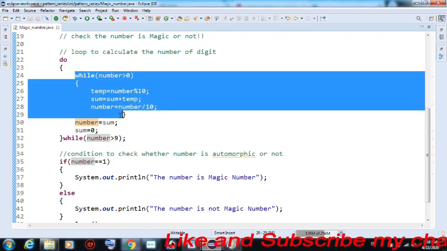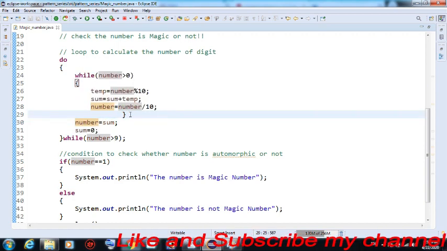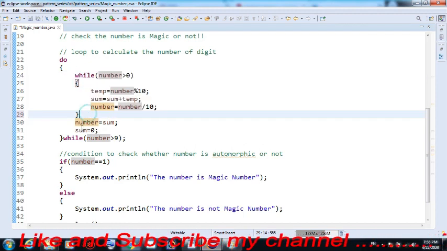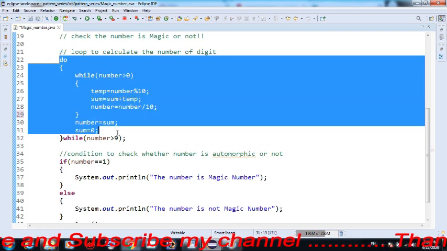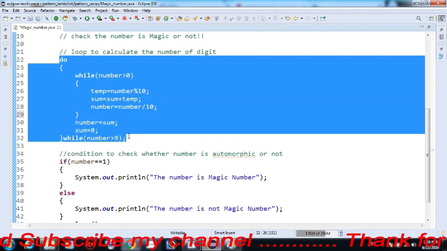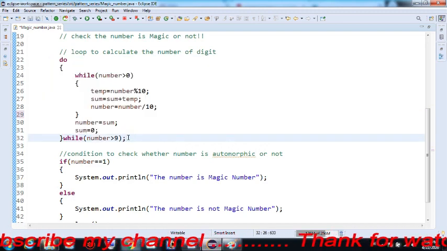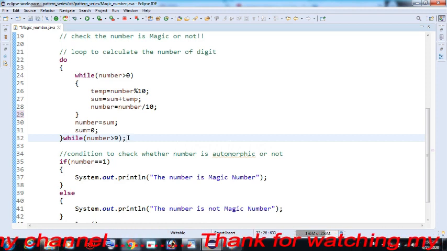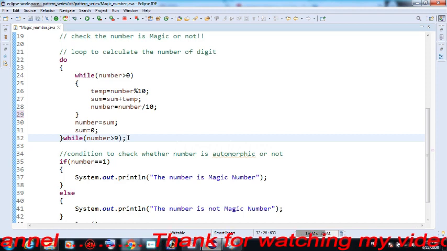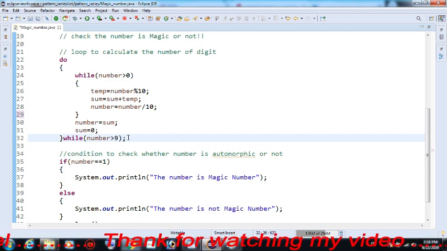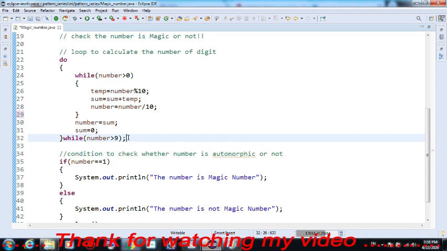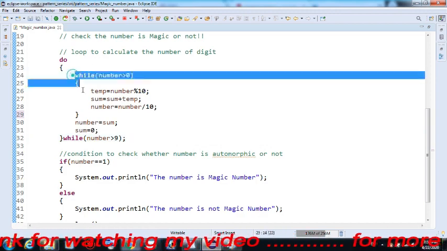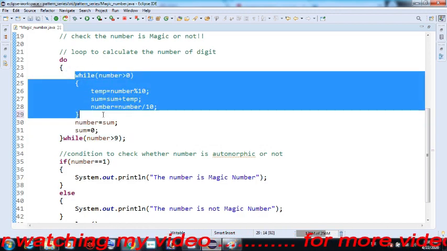This while loop is for the digit sum, and this outer do-while loop is for iteration. Whenever the number we get after the digit sum has one digit or more than one digit, if it is more than one digit, then we iteratively or recursively call the loop again and again.